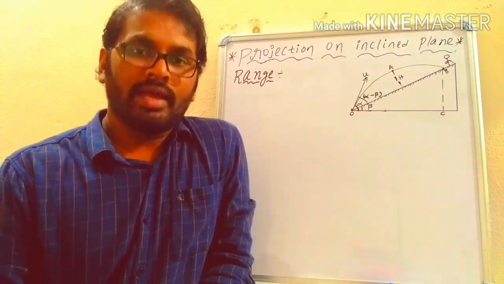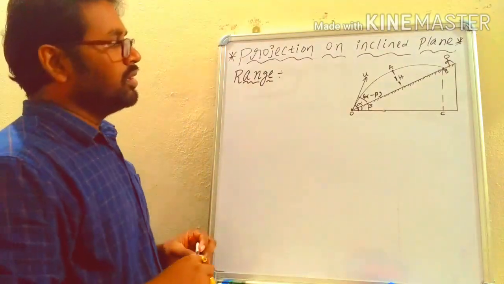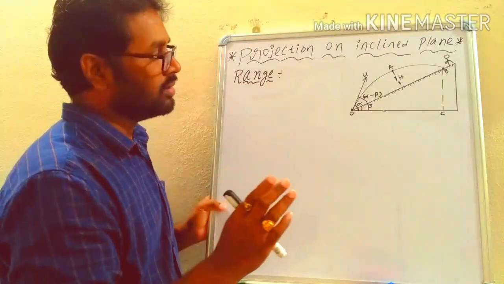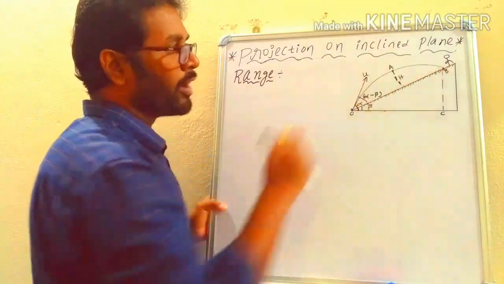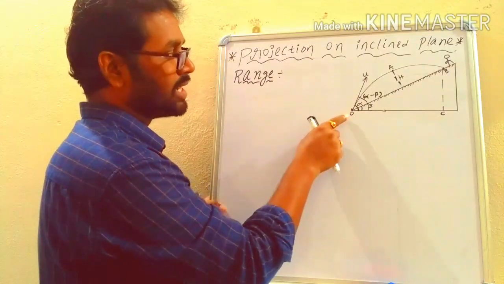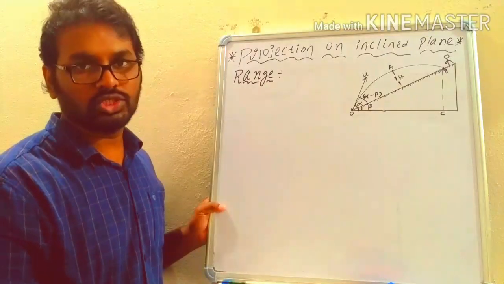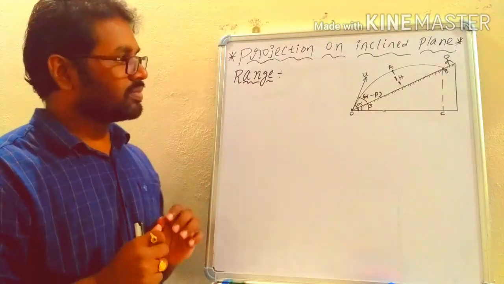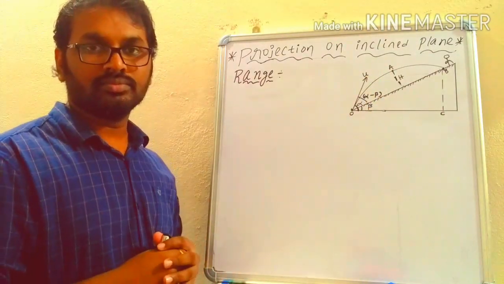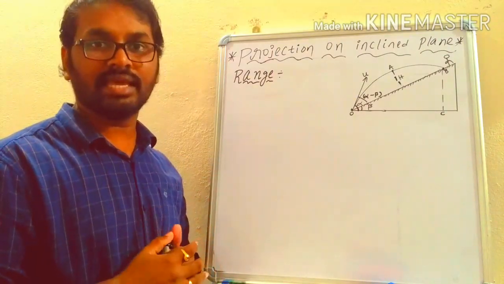Now, we are going to find the range of the projectile on the inclined plane. Let us see. Range means the horizontal distance traveled by the projectile, which means from point O to the point B. How much is the distance covered by the projectile from the initial point to the final point B, which is called the range. Now, we are resolving the vector u not along the inclined plane, because along the x-axis we already have retardation, which is g sine theta.